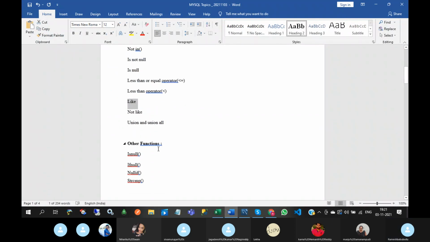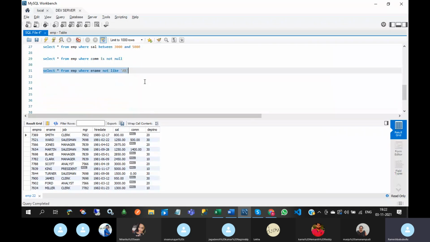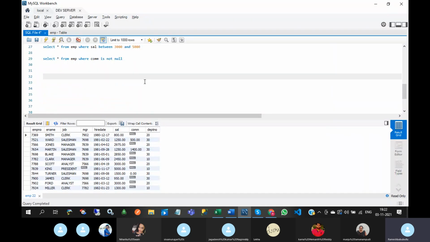And union and union all. So these are the set operators. So union means it will combine two or more result sets of multiple queries into a single result set. But in order to use union and union all, we need to follow some rules.